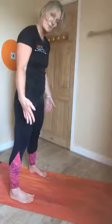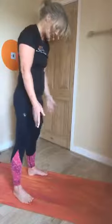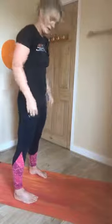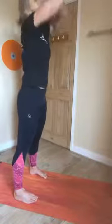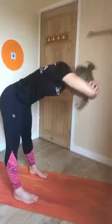So if we're standing, weight evenly distributed in your left and your right feet, and the outsides of your feet should be parallel, which might look like your toes are pointing in a little bit. Often people have their feet together and their feet are a little bit like that, and I want you to think of the outsides of your feet parallel. Think of sucking your kneecaps up towards your hips, so your quads should be active, and that's going to enable a little bit more stretch through the hamstrings. So keeping that work through your quads, arms up overhead, and then you're just going to fold forwards